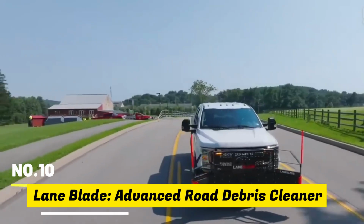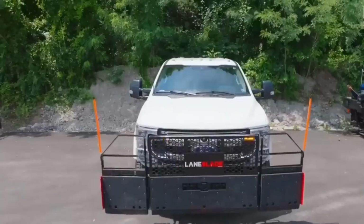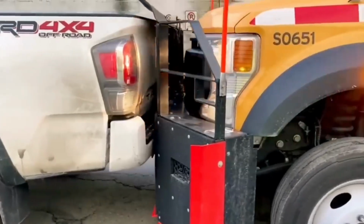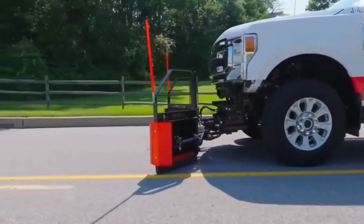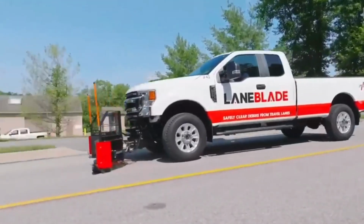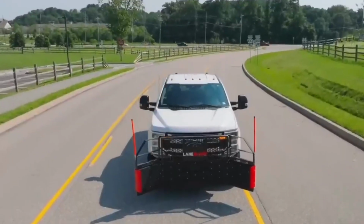10. Lane Blade Advanced Road Debris Cleaner. Meet the Lane Blade, a revolutionary tool for road safety. Mounted on the front of a truck, it functions as a giant scraper, operated directly from the cab. With a press of a button, the blade lowers, allowing you to clear debris from the road without leaving the vehicle. Equipped with moving wings that contain the debris and a speed limiter of 32 km/h, it prevents trash from